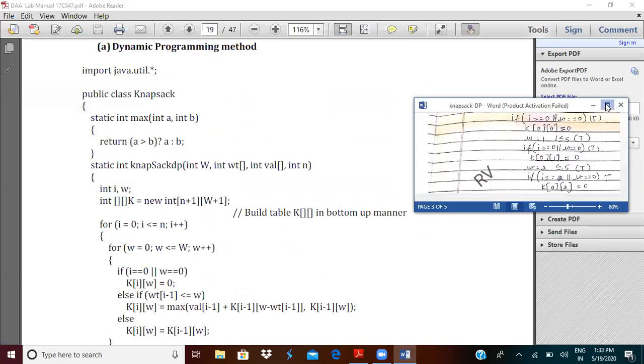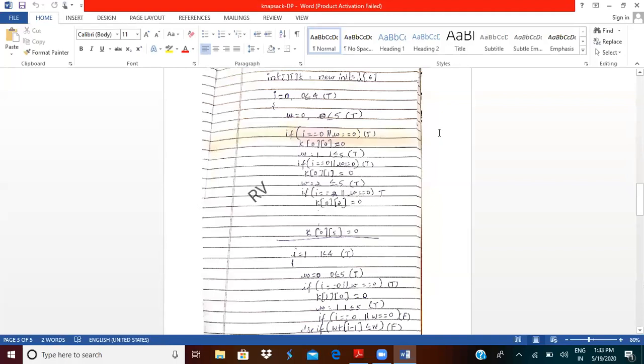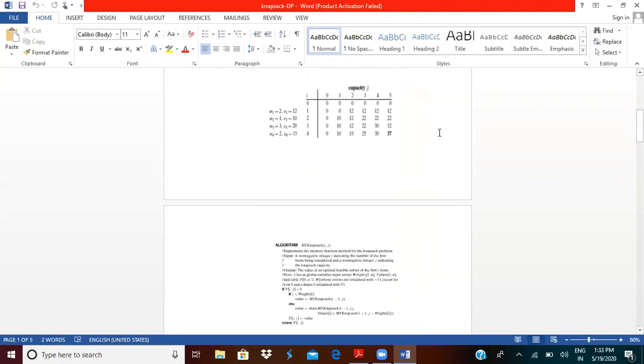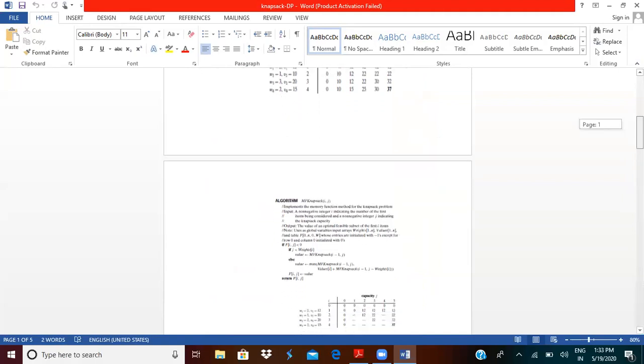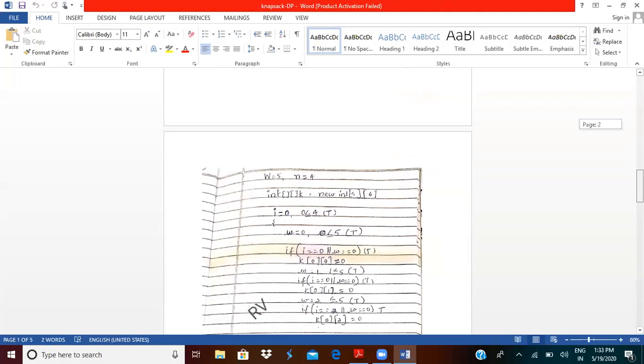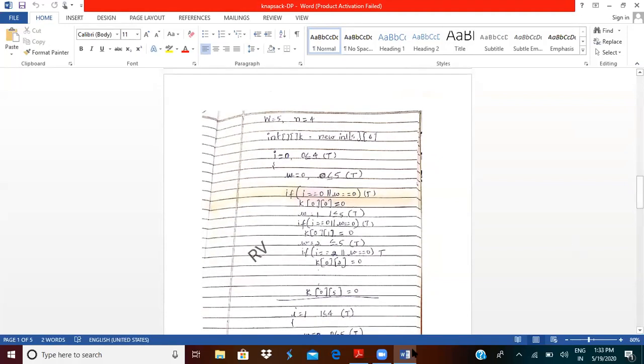This is weight of 0. Now you have to consider this first row as the 0th row, first row, second row, and third row respectively: 0, 1, 2, 3. So weight of 0 is 2. So what I'm going to do is compute the value here. If you see, weight of 0 is 2.